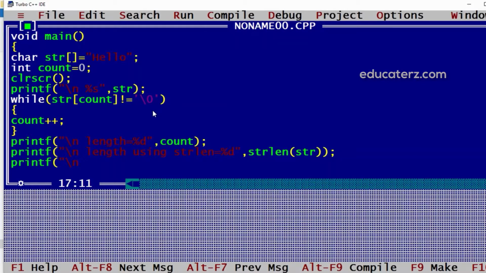If we want to reverse the string, then we can display it using the function strrev, that is reverse.